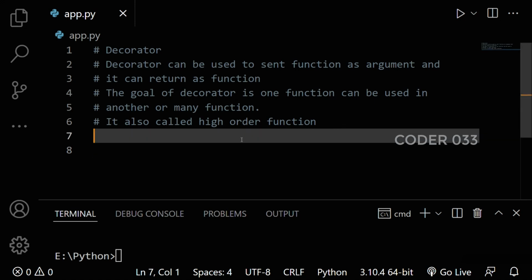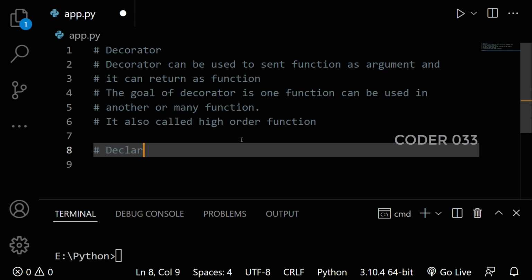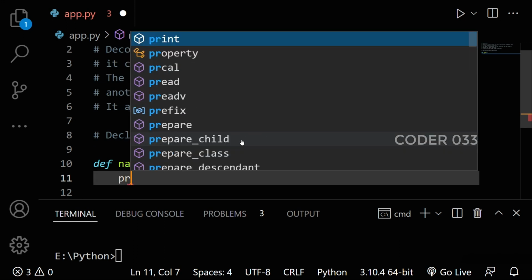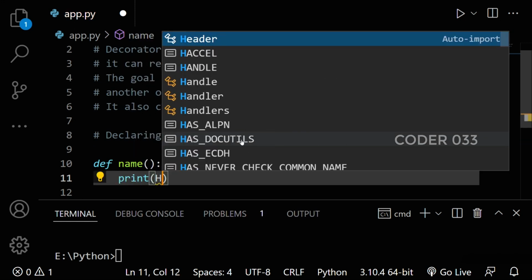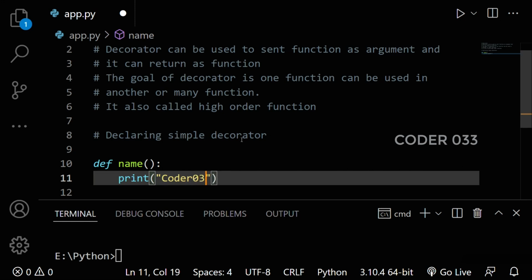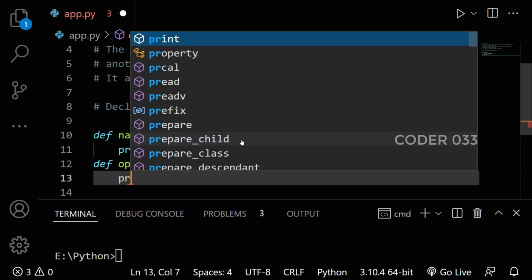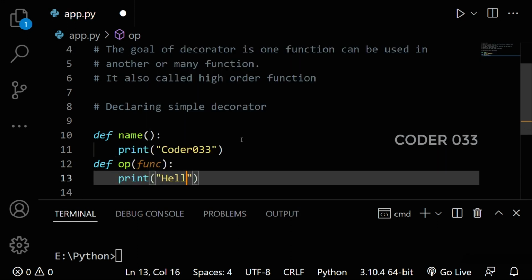Okay, first of all, declaring a simple decorator. For the simple decorator, def name, print Coder033. After that, def output, here I am just using the keyword func. Okay, func is a keyword. After that, print hello and welcome to